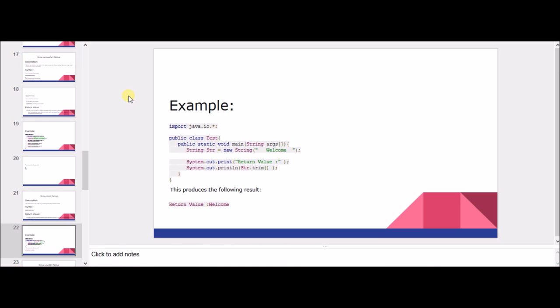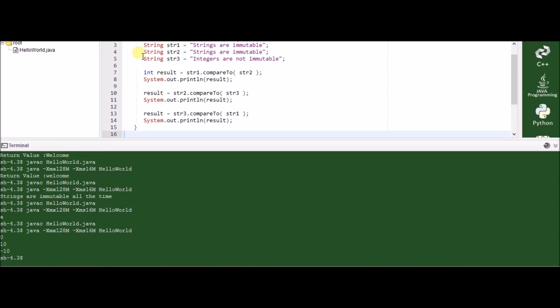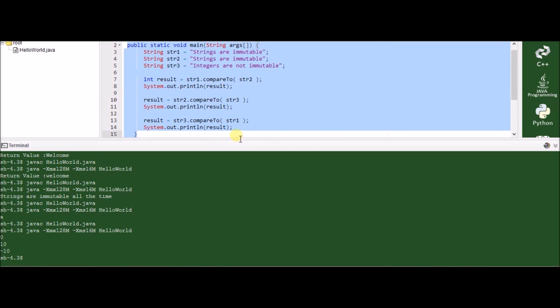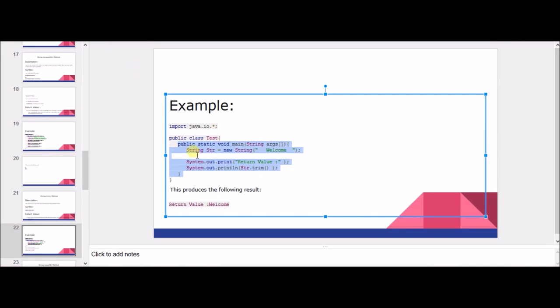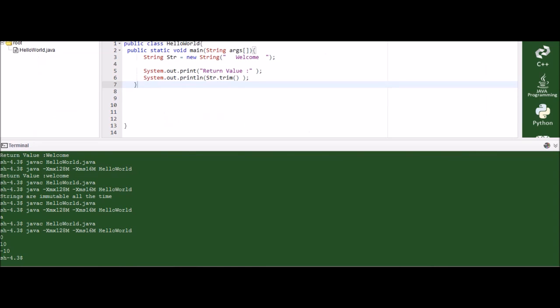Let's see how this program cuts the white space out of the given string. Let us execute this trim program.